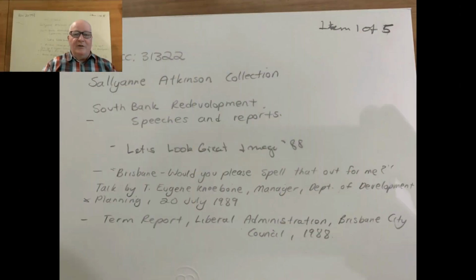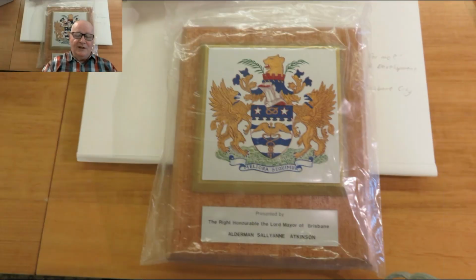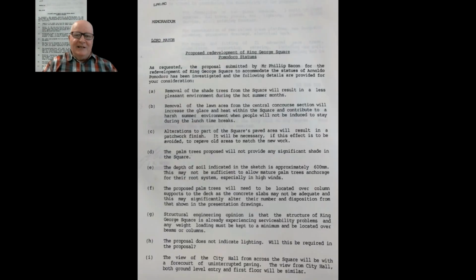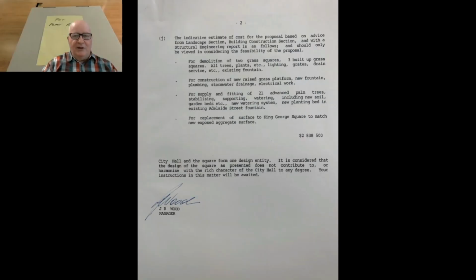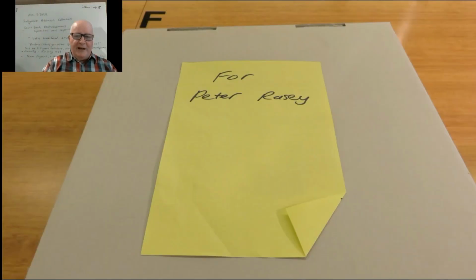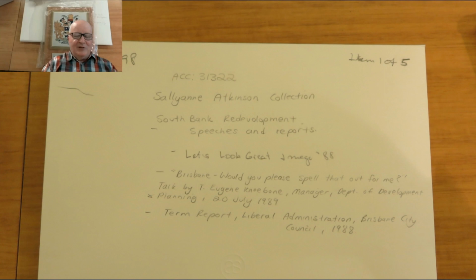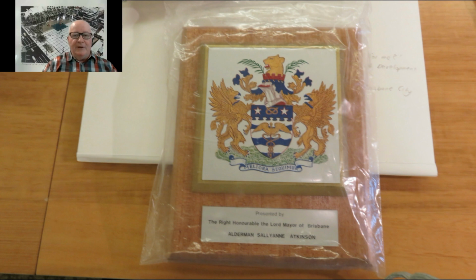But included in all the paperwork, as you can see behind me, is what I thought when I was in Sallyanne Atkinson's garage sorting out the material, key information in relation to the genesis of the starting of Southbank. So Sallyanne Atkinson fought to secure the perpetual memory of Expo in the form of Southbank, and then had a real key input into the design parameters that saw Southbank launched back in 1992 from memory. So let's move on